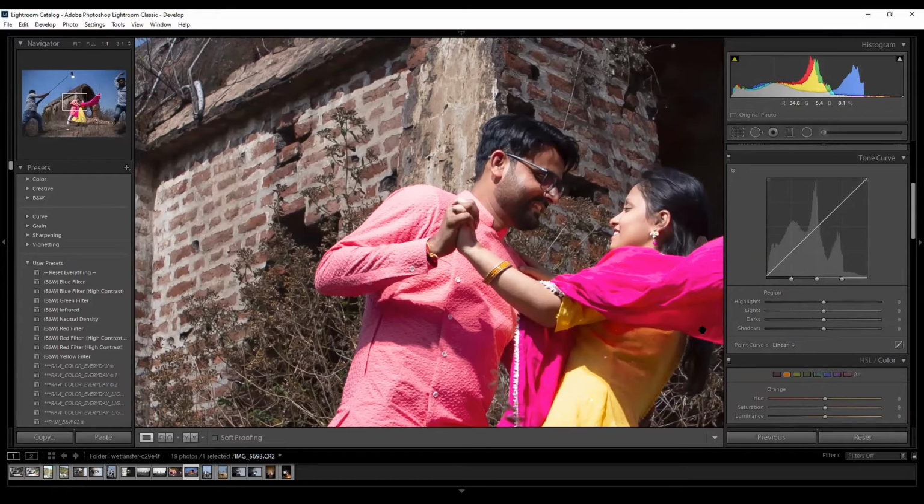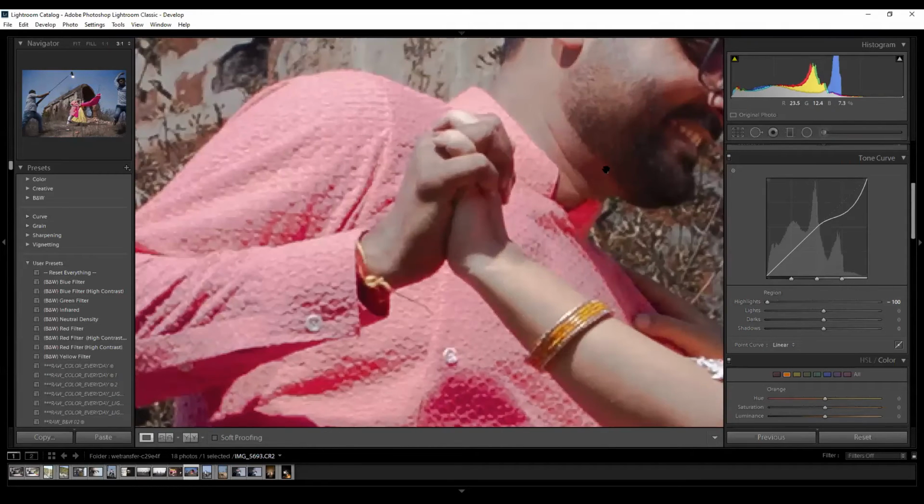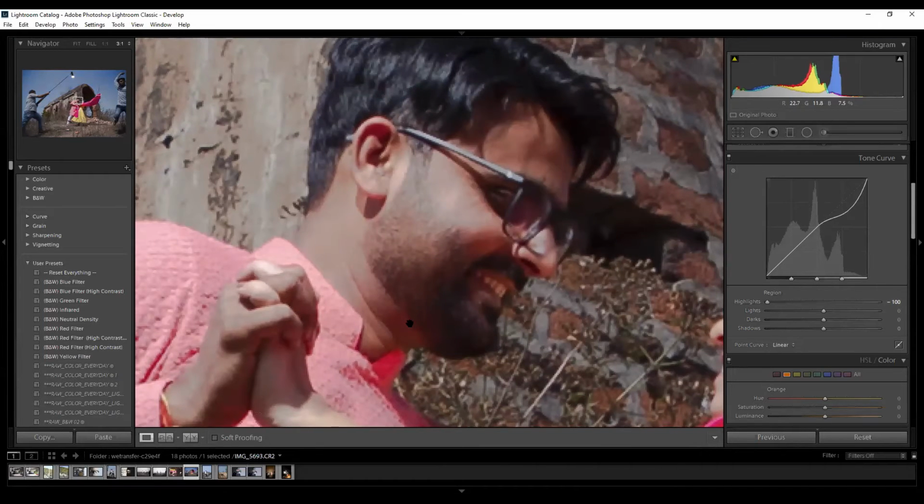It will try to eliminate or neutralize a highlight or light area with white, gray and black. Now see, if I reduce the highlights over here, can you see a tinge of gray? It is trying to neutralize like this.